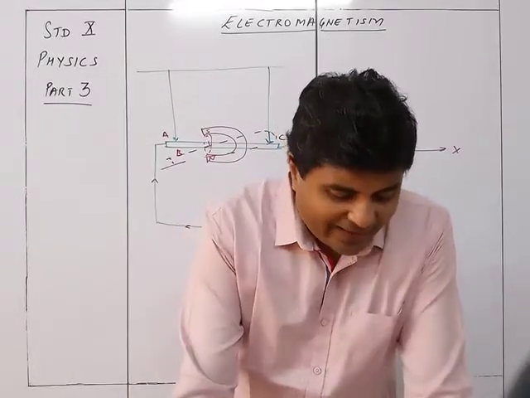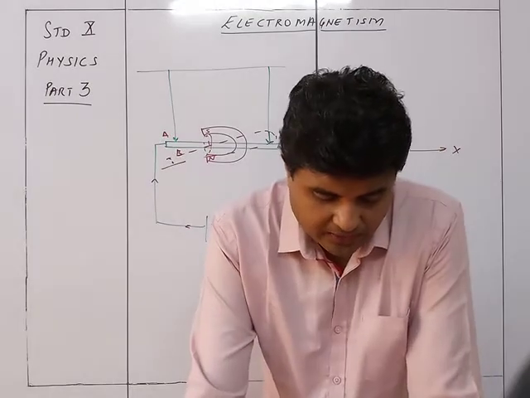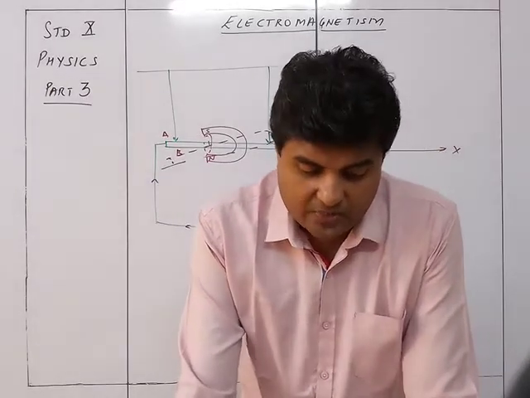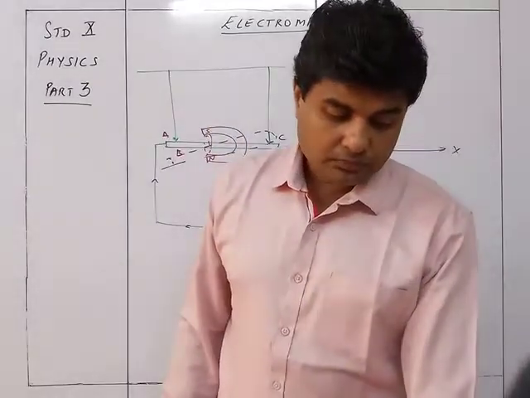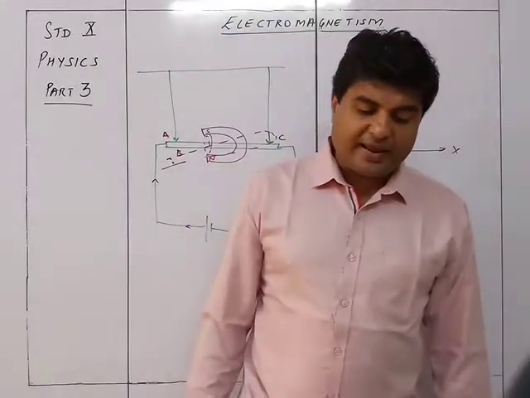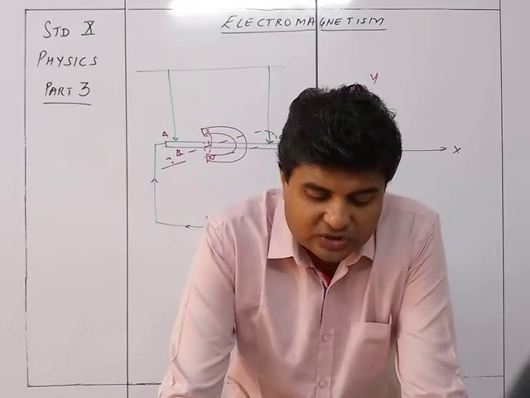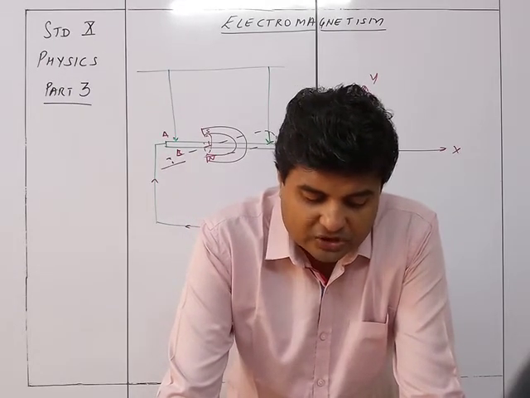So on reversing the direction of the magnetic field, that is on reversing the polarities north and south of the horseshoe magnet, the direction of the force, that is the direction of the movement of the wire, is reversed. Now it moves in the minus Z direction. Note, if the wire is short enough and is placed between the poles of the magnet with its length AC in direction Y, such that the current in it is in the direction parallel to the direction of the magnetic field.